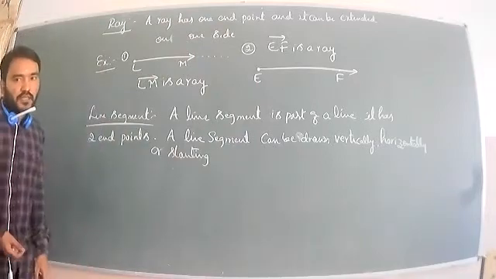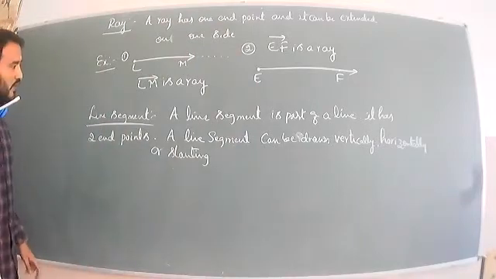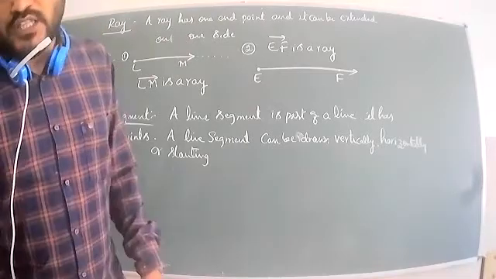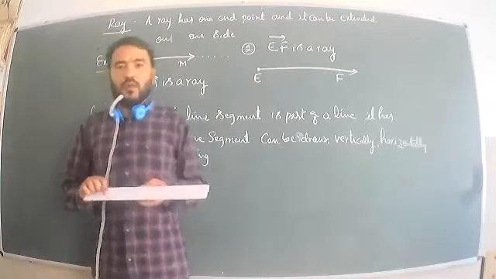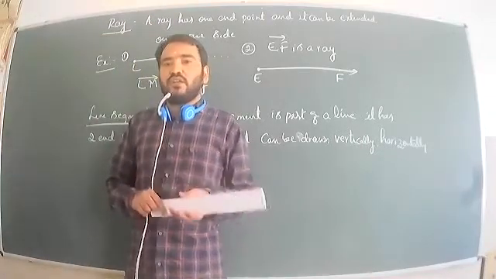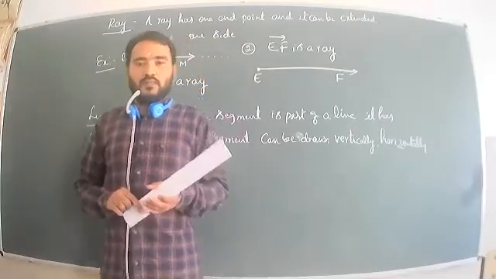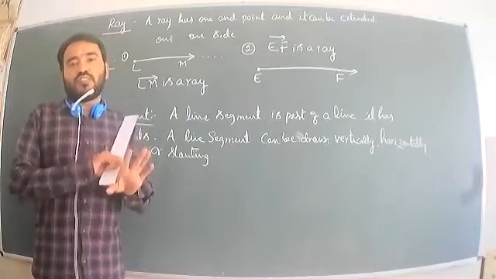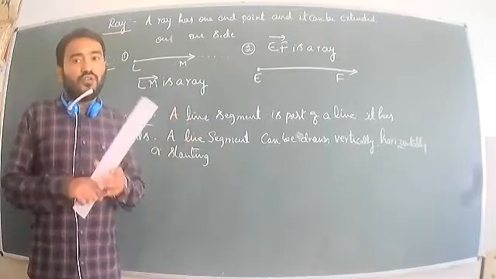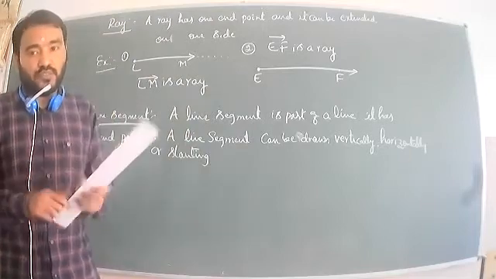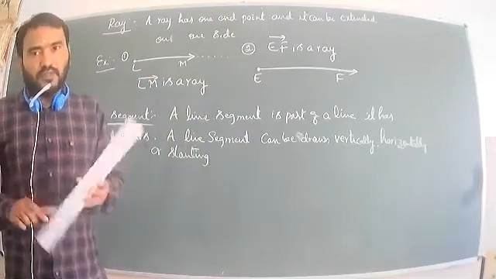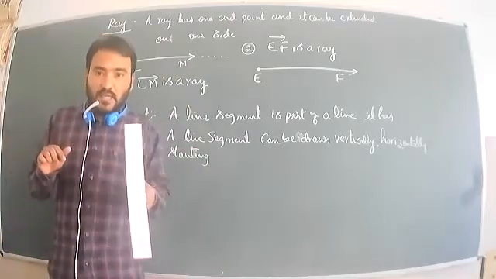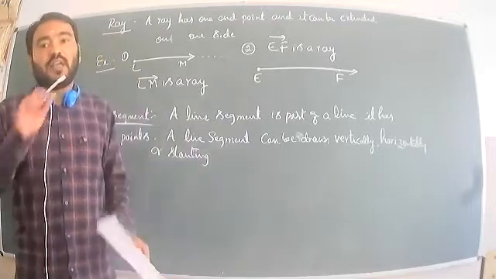Now I would like to explain how we draw line segments. For a line segment we use a scale; you can take a 15 centimeter scale. A line and a line segment are different, keep in mind. A line has no fixed length. A line segment we can draw using the scale; it has two points and a fixed length, so we can measure the line segment. A line cannot be measured, keep in mind. A line segment can be measured.